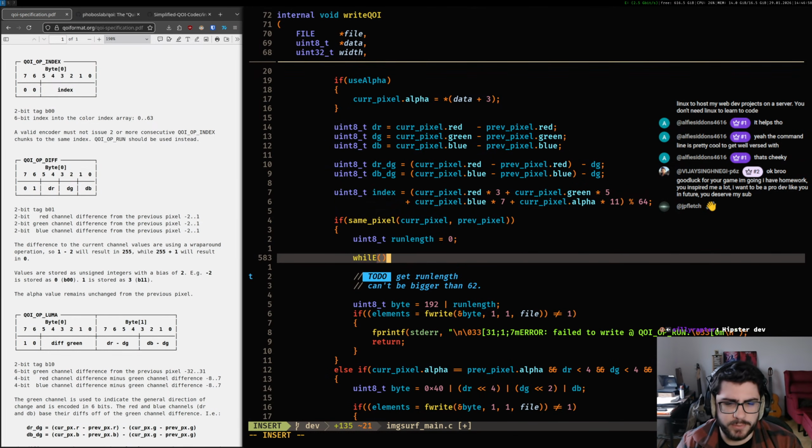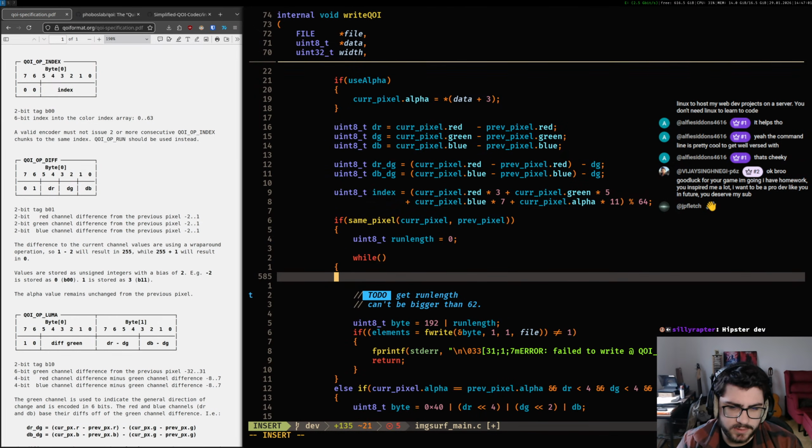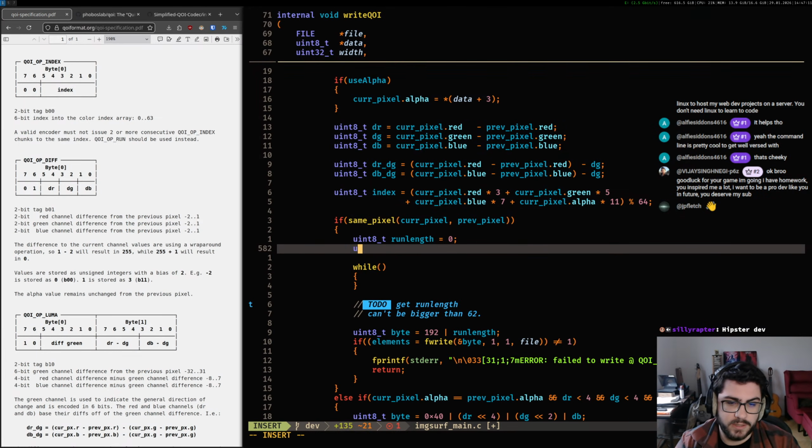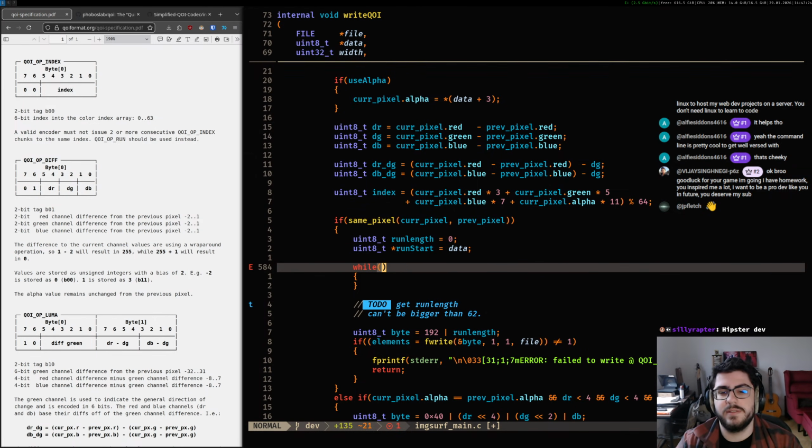So I think we need a while loop here, right? But then we need to advance the data pointer and then put it back. So let's say run start is just going to be data. And that is correct. So let's not advance the data pointer. Let's just advance the run start pointer. Yeah. So while,